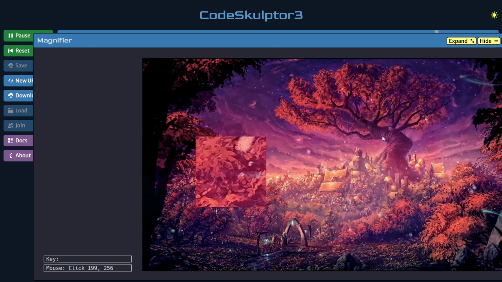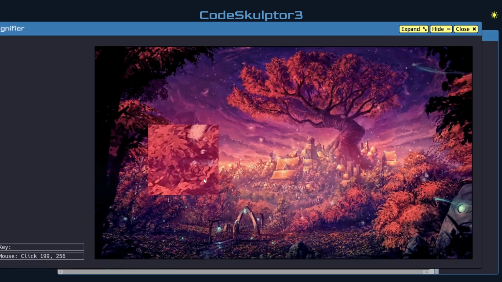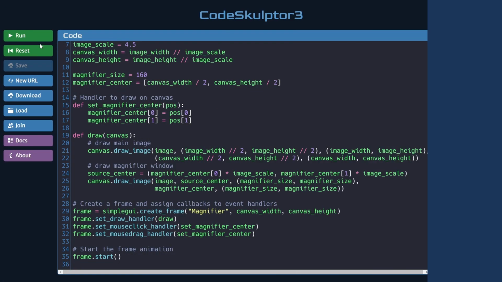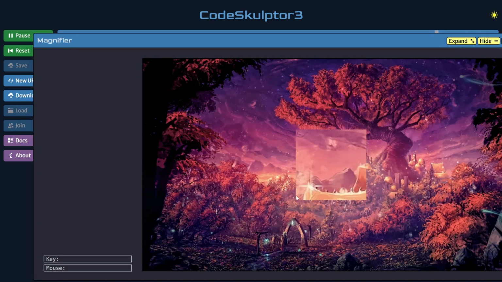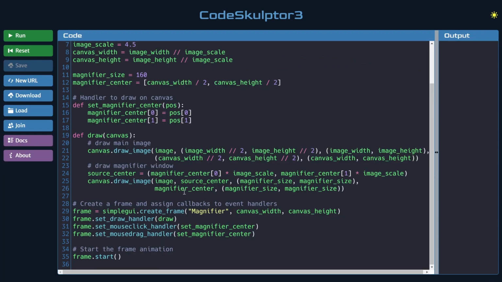The only thing that isn't done is, I think, having a nice border around this square here really does make it a lot easier to differentiate between the background and the magnifier section. The final thing we need to do on our program is have a lovely line border around the magnifying glass here. And the way that we draw a line with lots of lines joined together is called a polyline in Code Sculptor. If we go to the docs here,